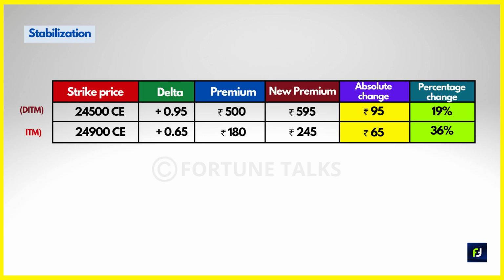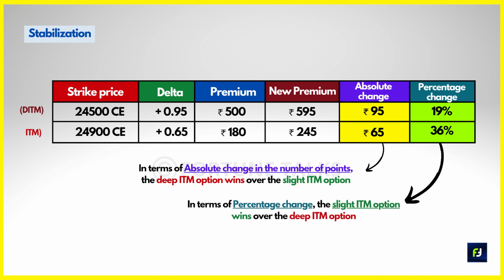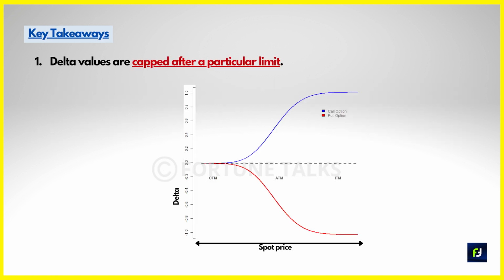When we observe closely, we can infer that in terms of absolute change in the number of points, the deep ITM options win over the slightly ITM options. However, in terms of a percentage change, it is the other way around. Clearly, the ITM and deep ITM options are much more responsive to the changes in the underlying, but they are certainly most expensive. So, one of the key takeaways from this graph is that delta values are capped after a